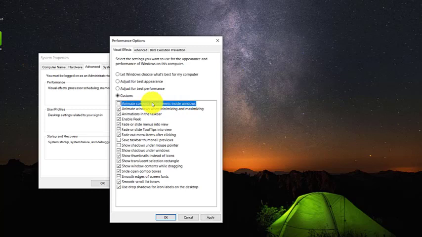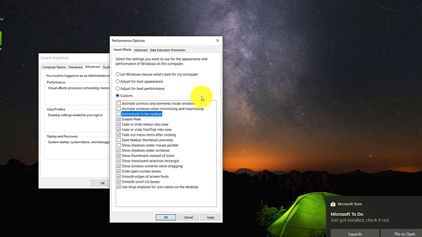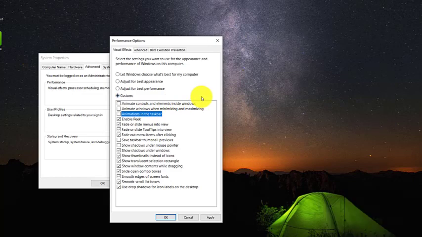So the first option we have to untick. Then second is animate windows when minimizing and maximizing, this also we will untick. Then animations in the taskbar, so basically we have to shut down all the animations, because animations are something which makes your PC a bit laggy. Now again, there is some fade, so remove these two as well, make sure to remove all the fade, all three, and then all the shadows.